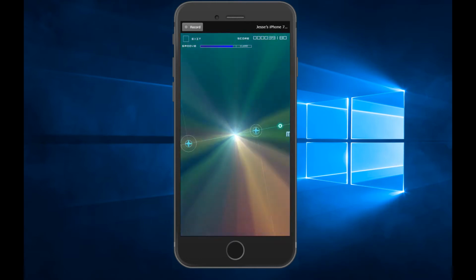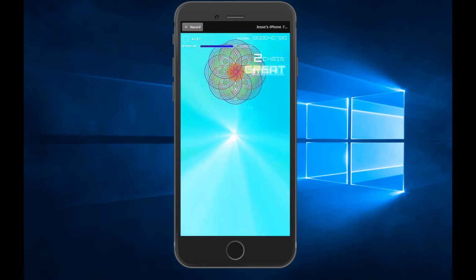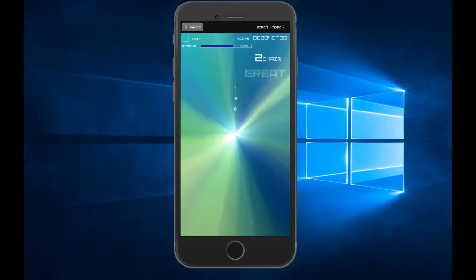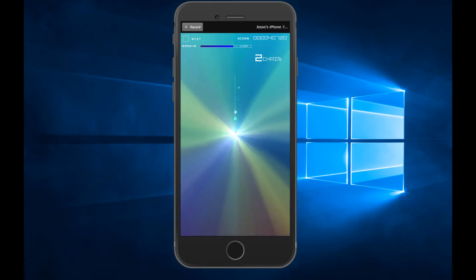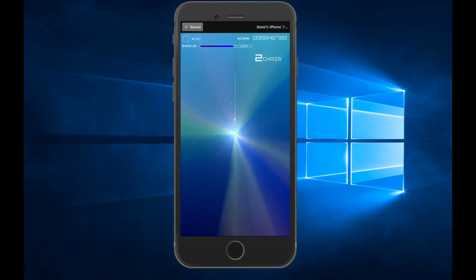Wow. Oh, see that? I thought it was over because the light kind of blended in. I didn't see some of the dots.